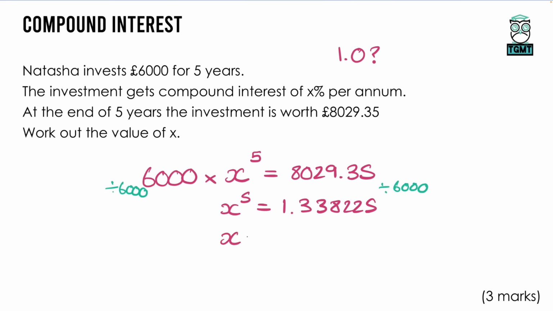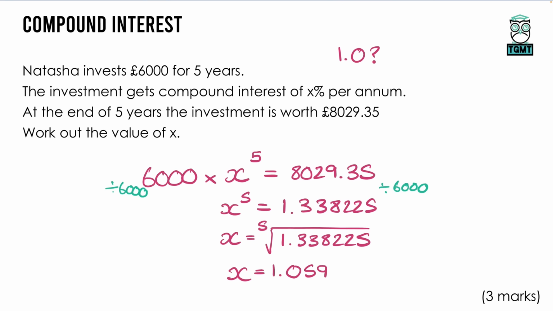So we need to do the fifth root of this number. Just like when you reverse a square root or a cube root, here we just need to do a fifth root. There is a button on most calculators which is a square root button with a little square next to it. Mine is behind a button that has an X with a little square on it. So I have to press Shift to get that button, and then I can put a 5 in the root box and then type in 1.338225, press equals, and I get x is equal to